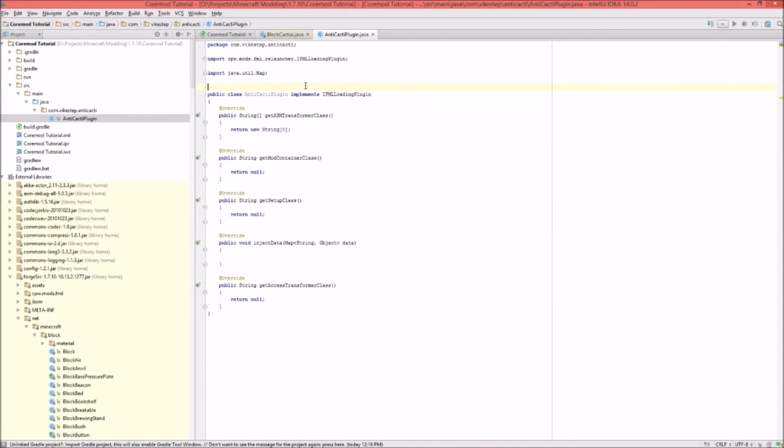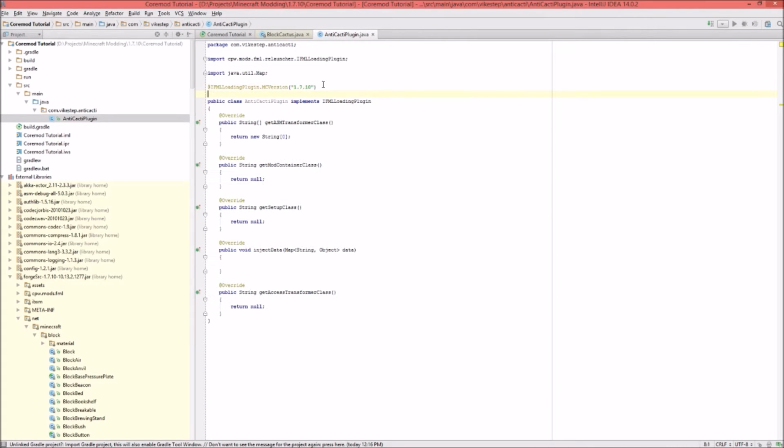We can also add some annotations. We actually will be adding some annotations. One of those is MCVersion. The reason we want to add this is it will limit the Minecraft versions which you can use with this mod. So we don't want this to run anything but 1.7.10. So that's why I'm going to add this. And another one